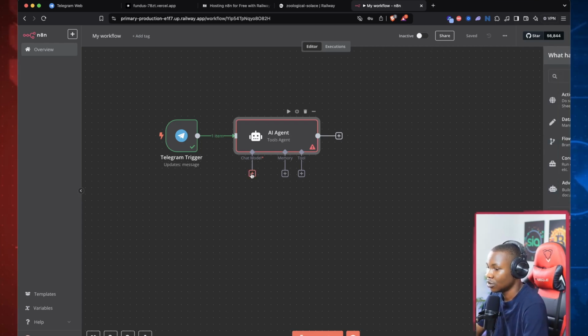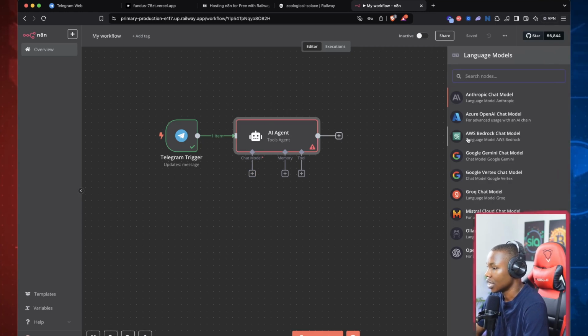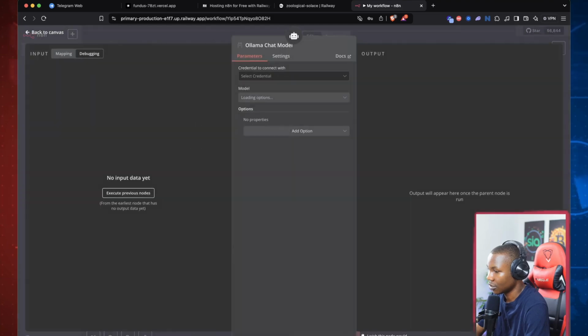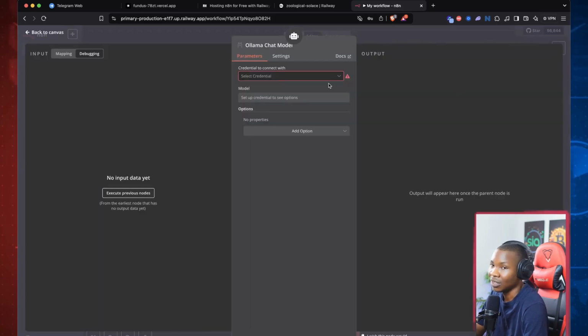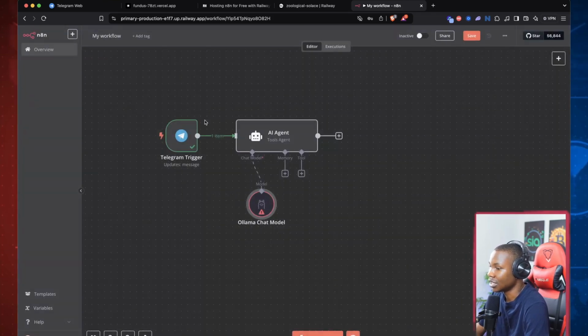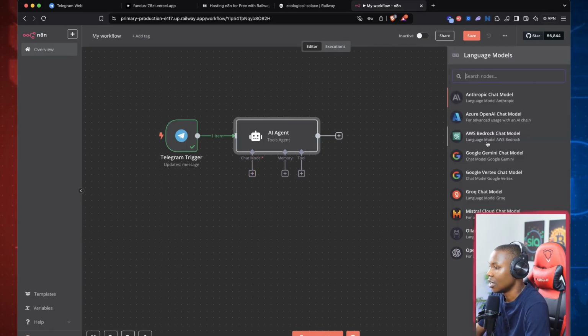The next thing you want to do is assign a chat model. Now, a chat model can come from Ollama. If you click on Ollama, then you need to also set up a credential for it, the base URL. You just need to set up your own personal base URL, and I think that will be fine. But we're not using Ollama. With Ollama, you can use DeepSeek, the new DeepSeek that you can actually have some AI reasoning as part of it. But I'm not working with Ollama. I'm working with